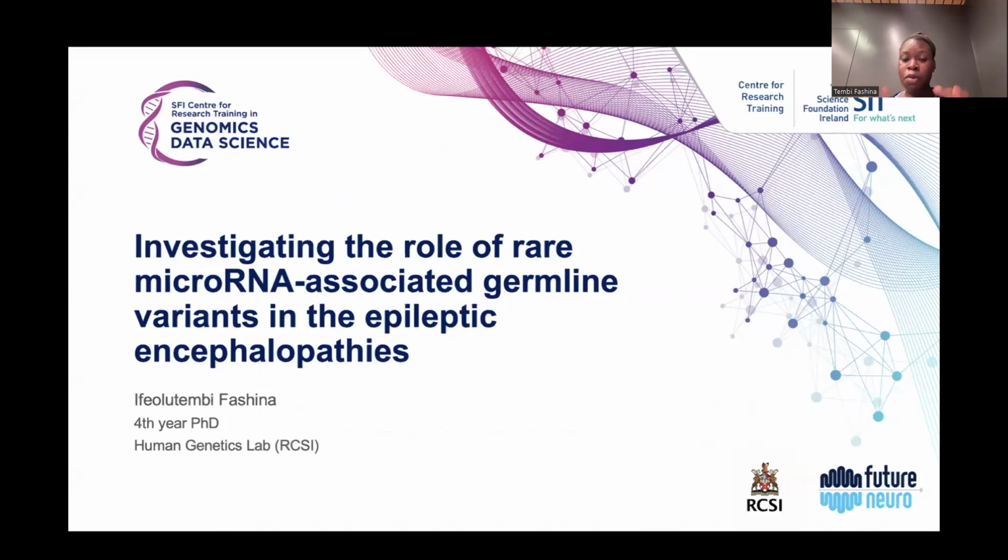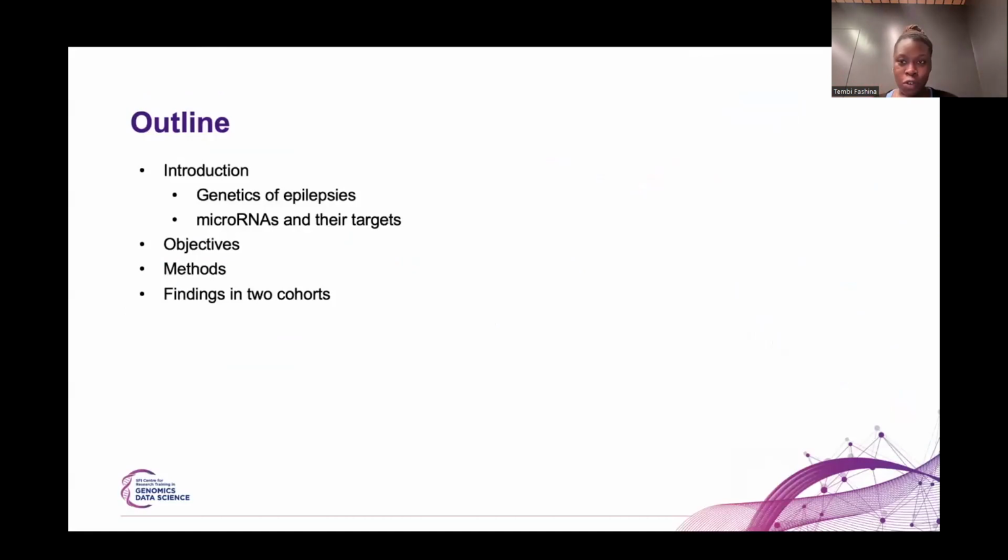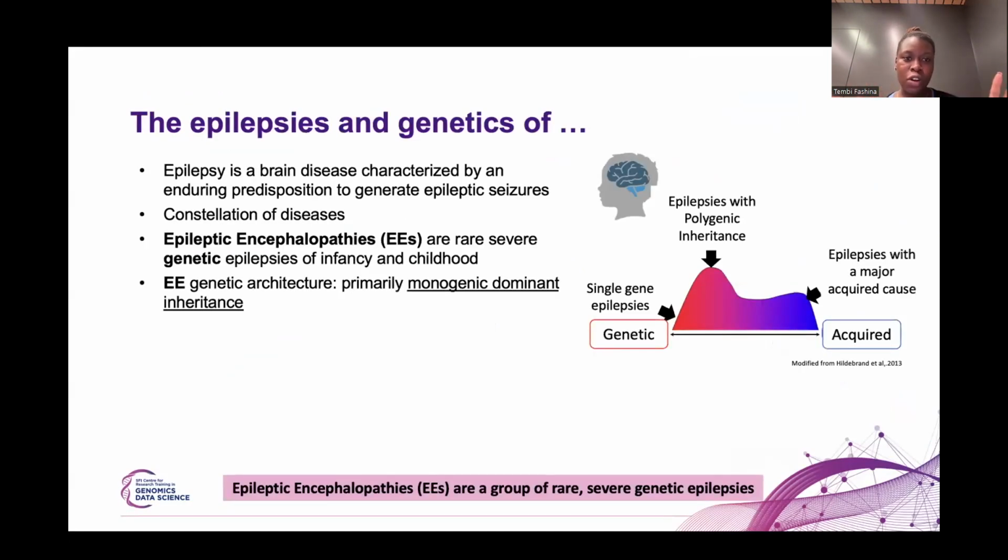So my talk today will be part of my PhD work, which is investigating the role of rare microRNA-associated germline variants in the epileptic encephalopathies. So it's a mouthful, but I'll try and make it reasonably understandable. So I'll first of all talk you through the genetics of the epilepsies for those who are not familiar, discuss microRNAs and how we look at variation within microRNAs, the objectives of my work in Genomics England's infrastructure, my methods, and then my findings in 2 different cohorts. So to start off,